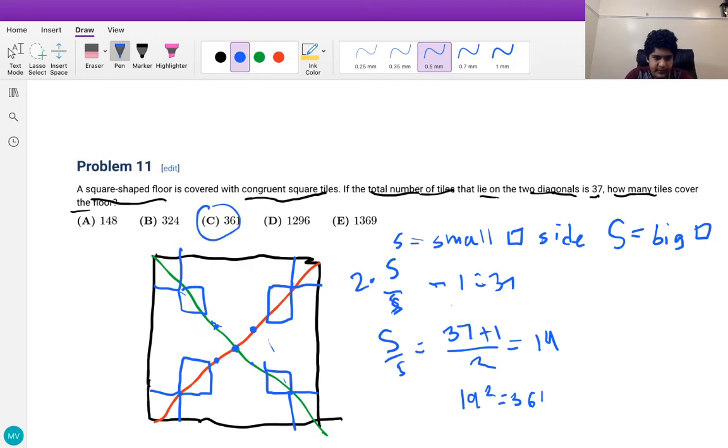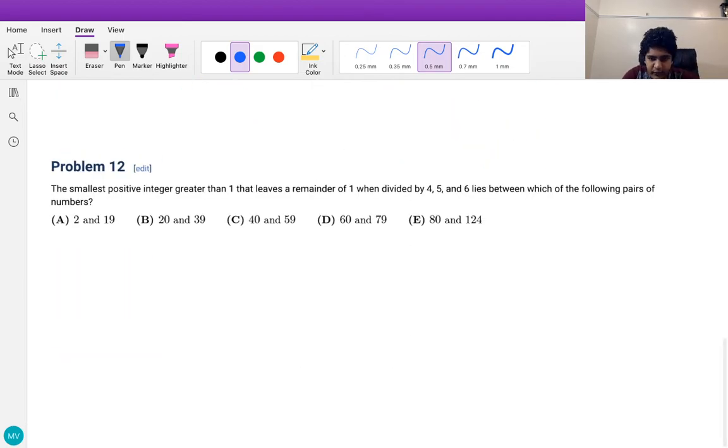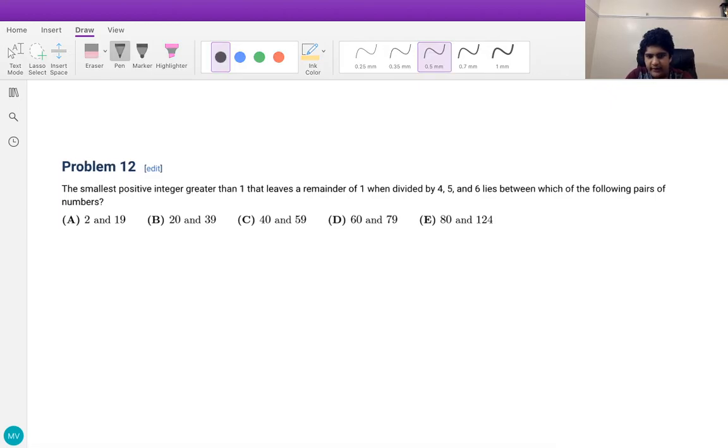Problem 12. The smallest positive integer greater than 1 that leaves a remainder of 1 when divided by 4, 5, and 6 lies between which of the following pairs of numbers? We're given choices 2 and 19, 20 and 39, 40 and 59, 60 and 79, and 80 and 124. Well, first of all, we know that any number that has a remainder of 1 when divided by 4 can be expressed as